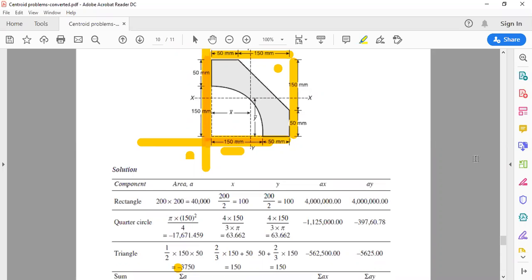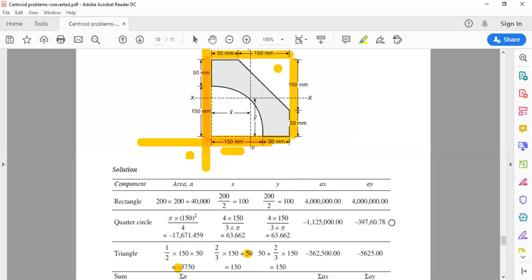Now next, locate individual centroid. So individual centroid lies somewhere at this point. I want to calculate x bar and y bar for right angle triangle. Very important for this, the distance between the reference y-axis and the CG. So this distance I want. So how is this distance calculated? It is 50, which will get me to the apex of the right angle triangle. So I'll write 50, apex of the right angle triangle.